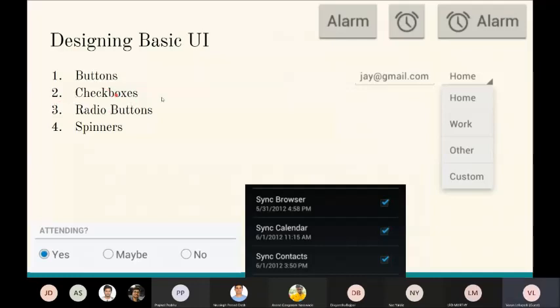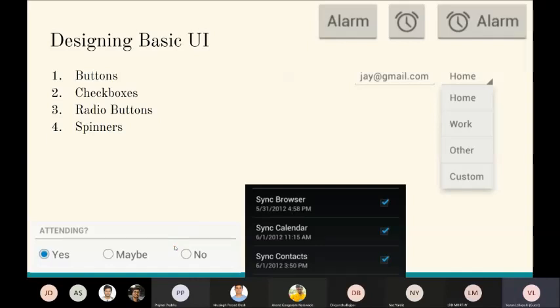What is a checkbox? This is the checkbox. We have these three things over here. These are the checkboxes, and this is one more UI component, the radio buttons. This is a radio button. The difference between a checkbox and a radio button, you all probably know: in the checkbox, the user can select as many options as they want.